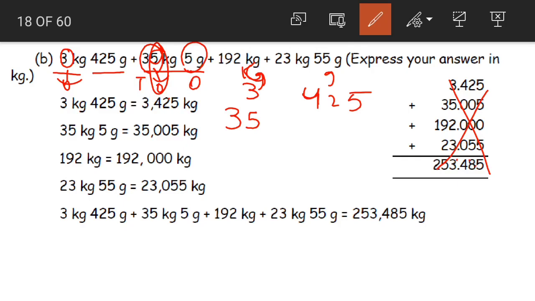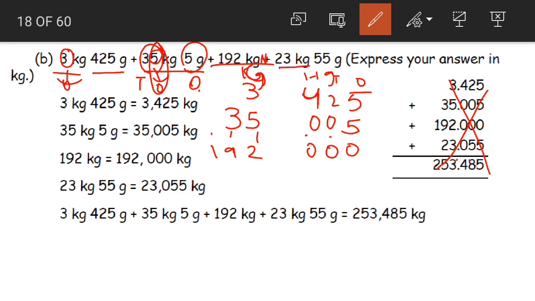Again here 5 is in the ones place, so we'll write 5 under the ones place. This is ones, tens and hundreds. Now what will you do for hundreds and tens, children? We'll simply write zeros in the hundreds and tens place. Then we have 192 kilograms. Again 192. See, ones, tens and then hundreds. You have to make sure that the place values are correct. Now for grams we have nothing here, so we'll simply put zeros in the grams column.